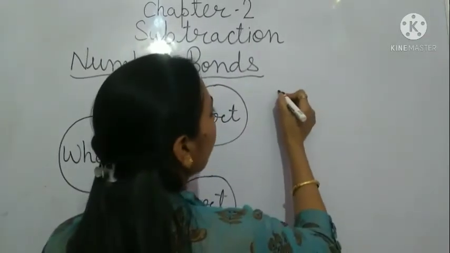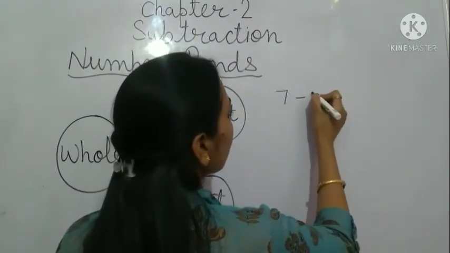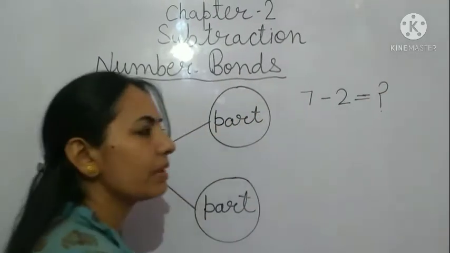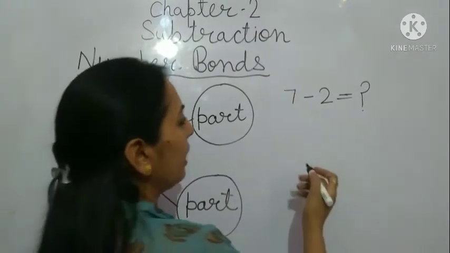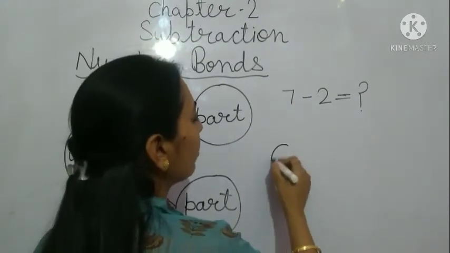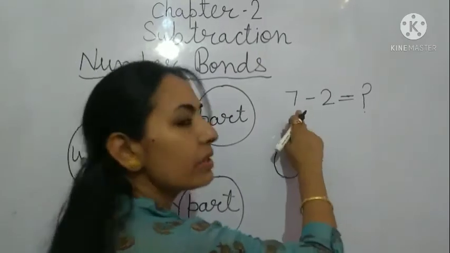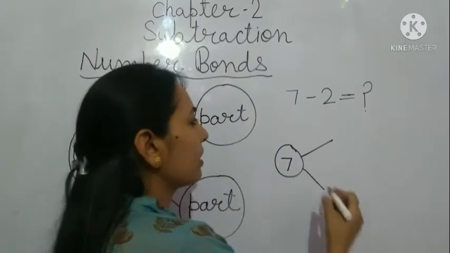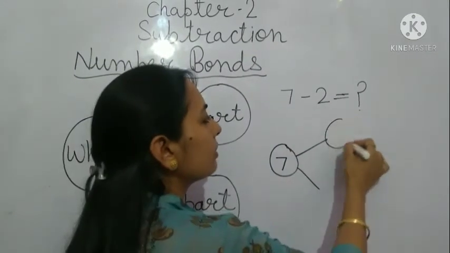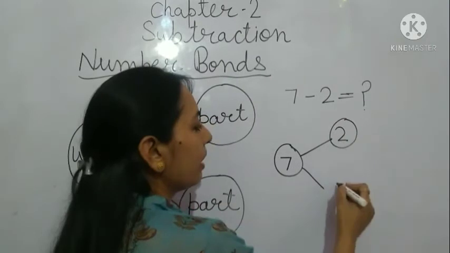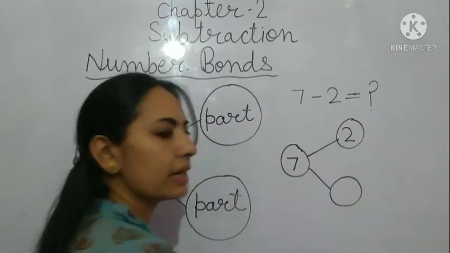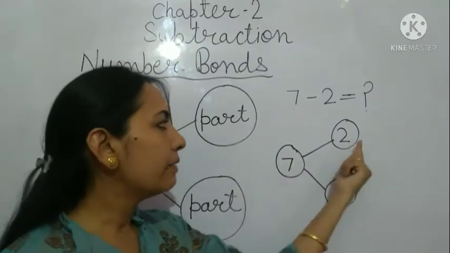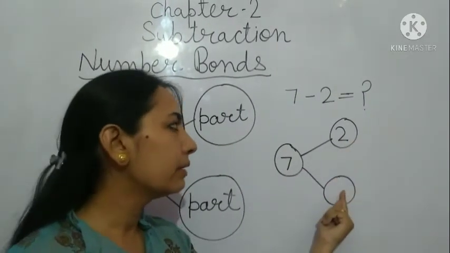So I am taking a number 7 minus 2 and here what? Okay, 7 minus 2 करोगे तो what you will get here, and we will also make a number bond for the number 7 because 7 is the whole number. So I am writing here, and now we are going to make parts of the 7. So we have one part here, so we will write it here, and now we have to find the second part. हमें अपना second part find करना है. So this is whole and we have one part and we have to find another part.